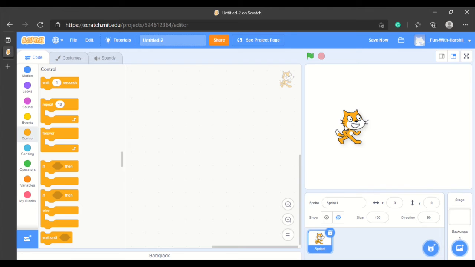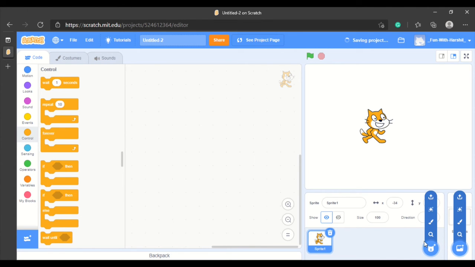like now I will tell you about the characters. Like how can you get more sprites? These are called sprites, not characters. When you open Scratch, the default sprite will be this cat, and the default name of the sprite will be Sprite1. Now if you want to show your sprite or not, you can choose it like this. If you want to show it, click on the eye option, and if you don't want to show it, click over here. It is going to be hidden.